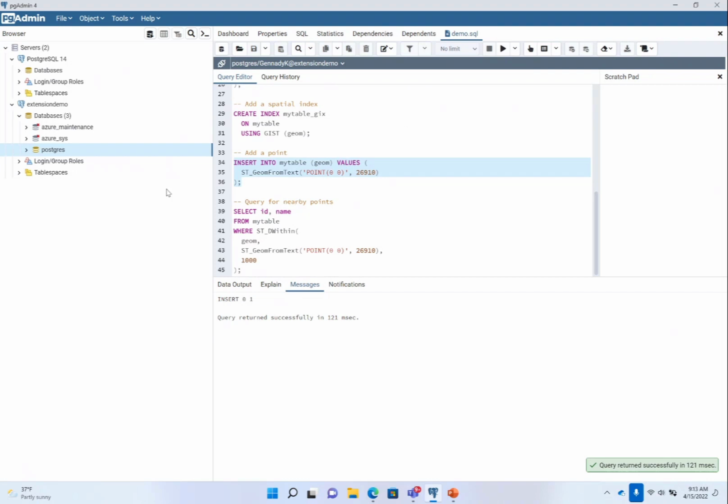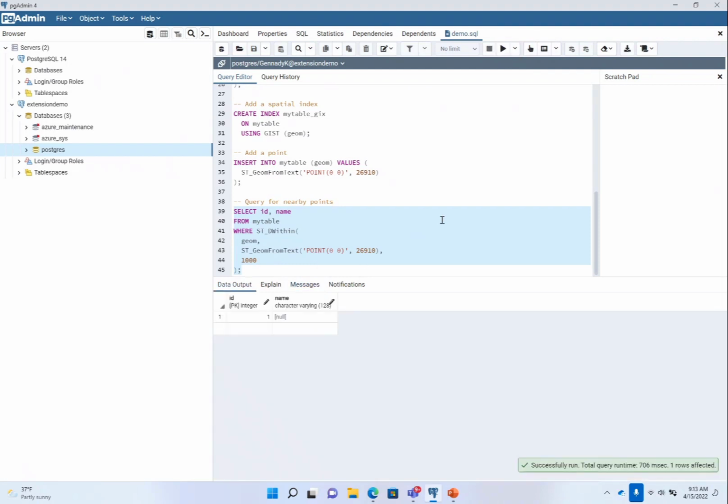On a regular Postgres, none of this would be possible because it doesn't understand geometry as well as PostGIS does. But since I enabled that extension, now I can go in and run a function called ST_Within, pointing at some geometry data from my tables, and also use a function called ST_GeomFromText, in other words, getting geometry from text, and pointing in a certain value in there. There's not much data in there, but the point is